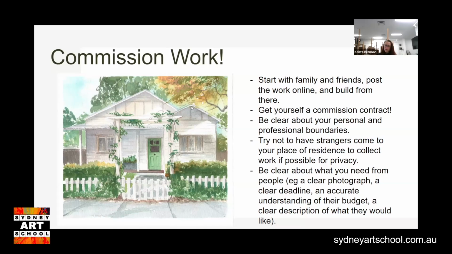Even if you were doing something as a gift, or doing it more or less for free, if someone is commissioning you to do something, even just getting them to pay you for the materials, even if you're prepared to put in your own time in terms of the labor, make sure that is in the contract. And then what happens? Contingency plans. What happens if it doesn't go according to plan?